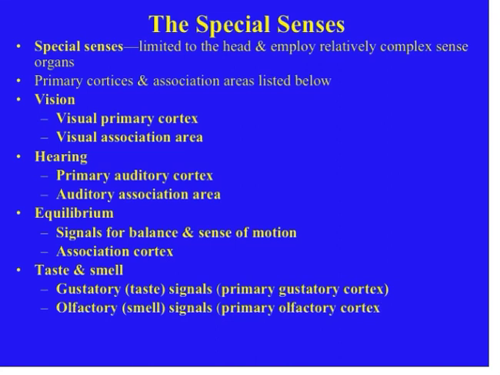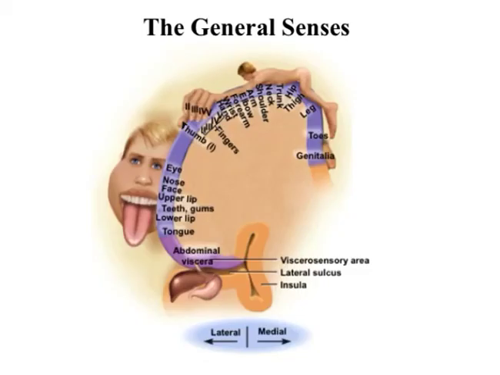The olfactory or smell signals are received by the primary olfactory cortex in the medial surface of the temporal lobe and the inferior surface of the frontal lobe, and that is barely visible in figure 14.21. It's the dark green area on the lower left hand side of this lateral view of the brain. Okay, we've been talking a little bit about the homunculi, so let's look at a homunculus, and